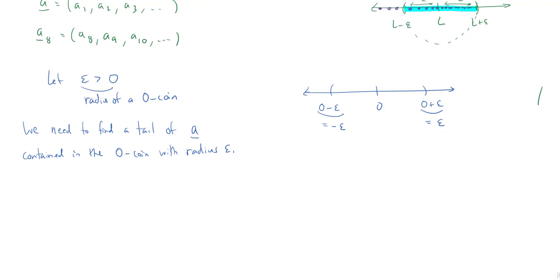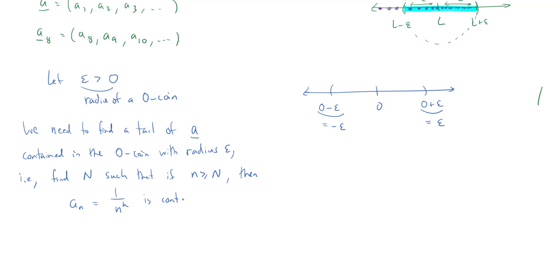Okay, so what does it mean to find a tail? Well, we need to figure out what this number is, right? How far out do we need to go? I.e., find N, okay, we'll use a capital N here, such that if you go anywhere past that N, right? So A8, A9, A10, etc., then A sub n, which is equal to 1 over n to the k,